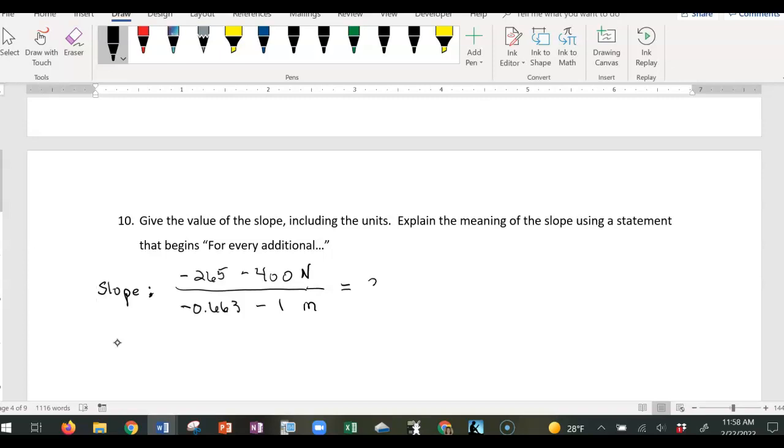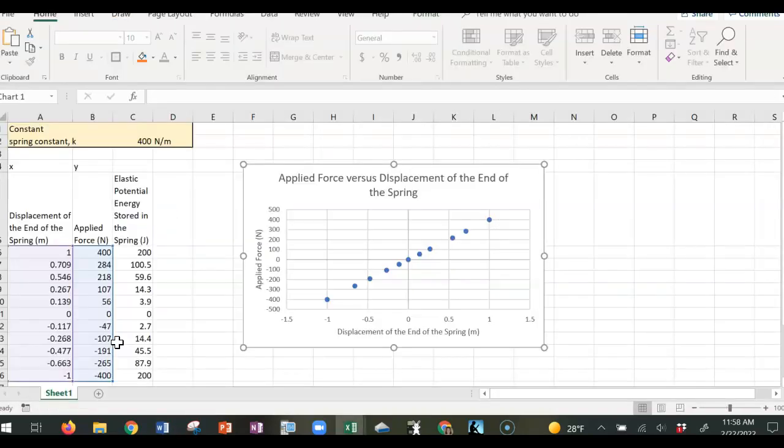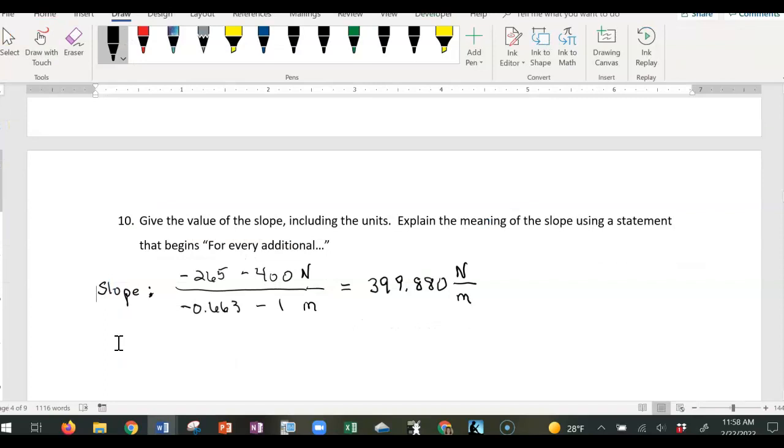And I get 399.880. And the units here would be newtons per meter. So as I read this graph, going from left to right, the displacement of the end of the spring is increasing. And the slope is telling me,